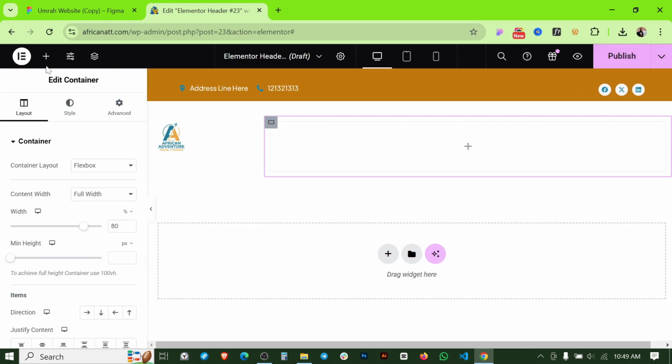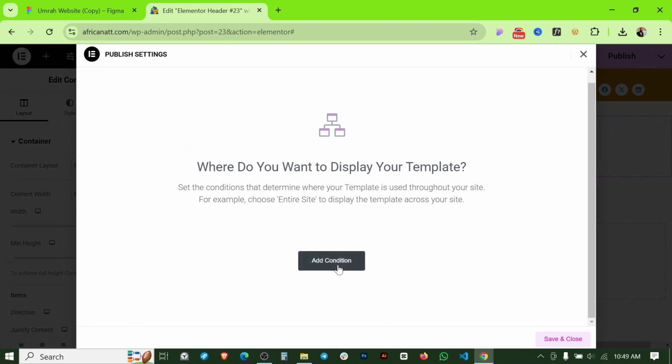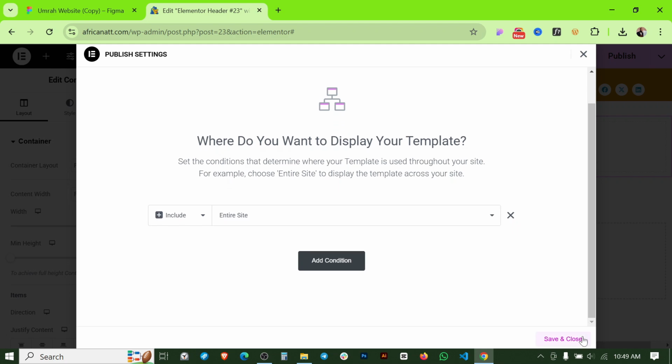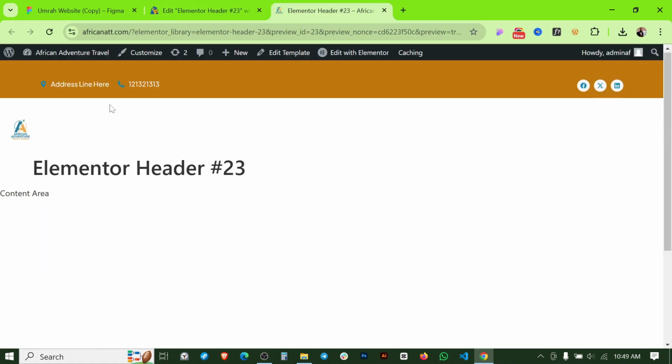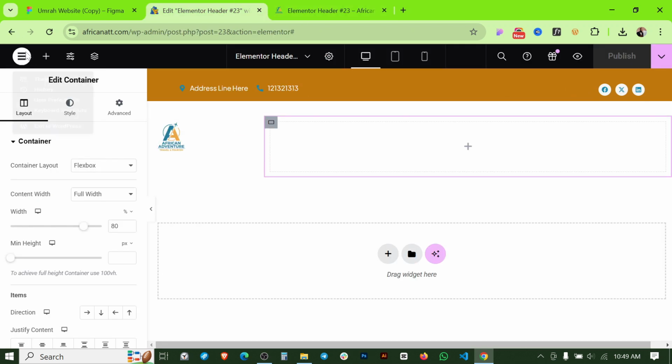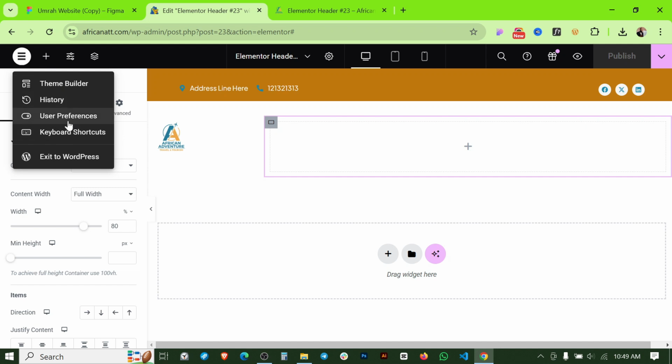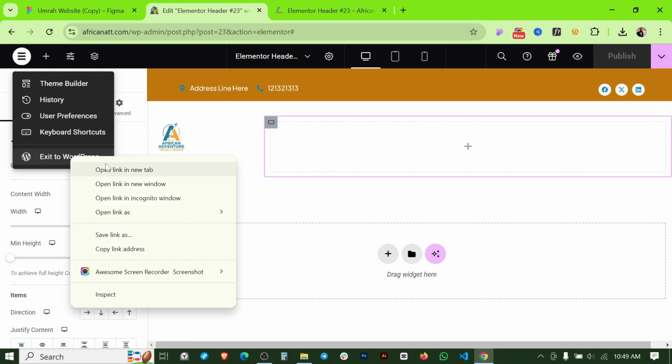And if I click here, we have to create a menu because we did not create any menu before leaving this interface. I'm publishing this, so if I hit publish, and let's click on add condition, and it will be in the entire site, and let's save and close. Okay, so our site is live, and this menu bar is live, but we have to style it a little more. So before doing further changes, I'm going back to the WordPress dashboard,